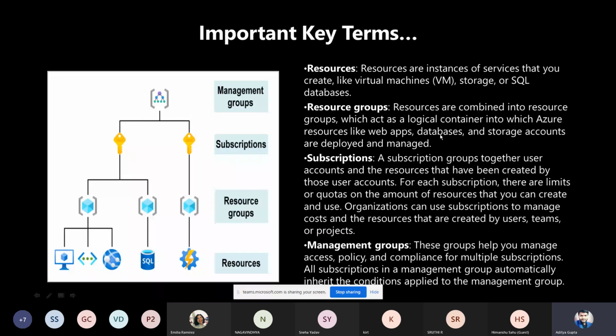So it's top to bottom. The subscription comes first, then the resource group. You can understand that if the subscription is not there, you are not able to create resource groups. And if you're not able to create a resource group, then you can't create the resources either. So that's the thing. But the subscription comes in handy with Azure, and I really appreciate that.